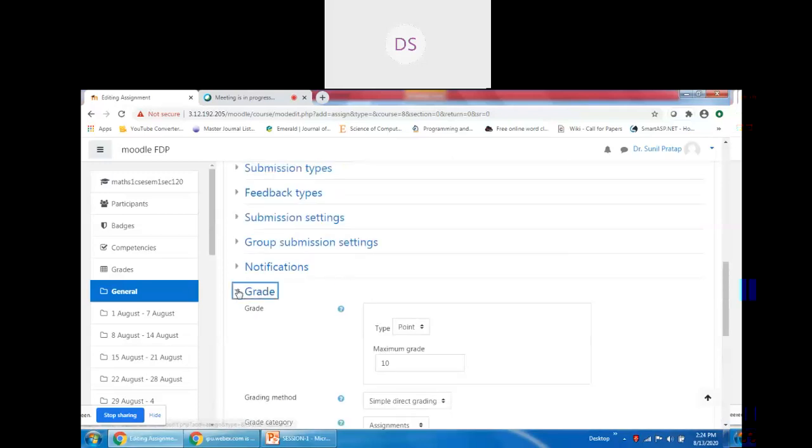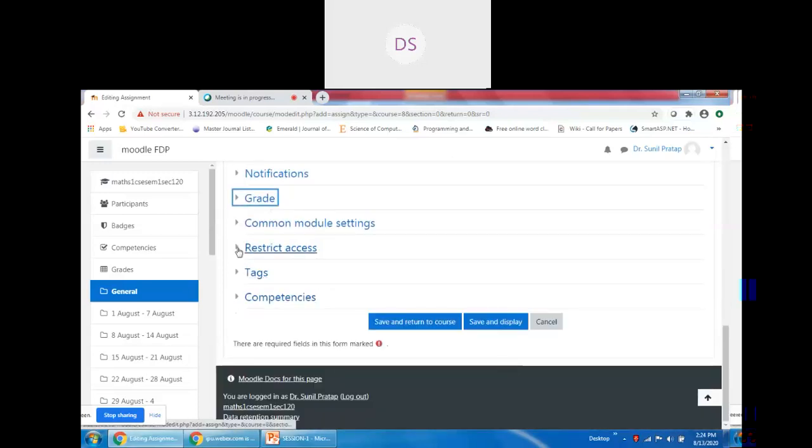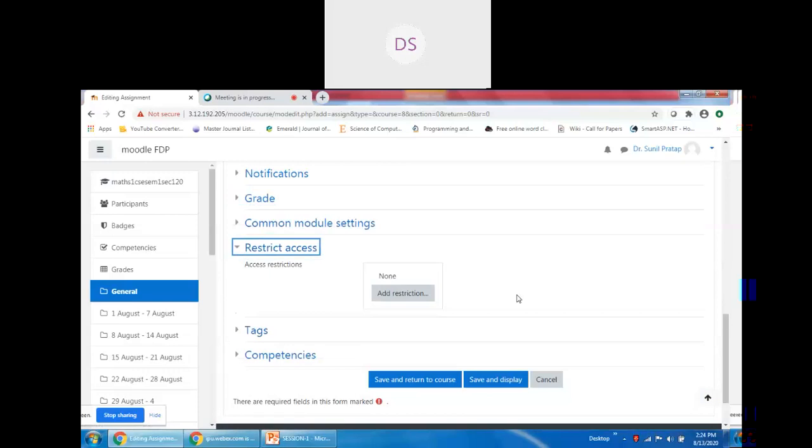So moving ahead to restrict access. What happens is the assessment will be evaluated for those students only who have attendance of 75% or more. If they have less than 75% attendance, we may suspend the account.